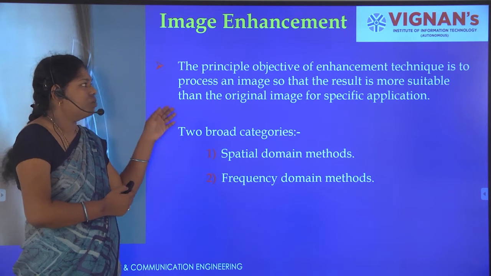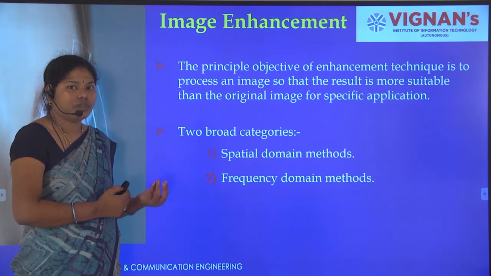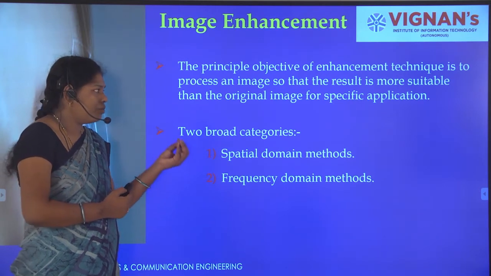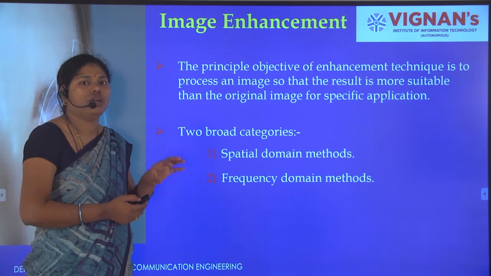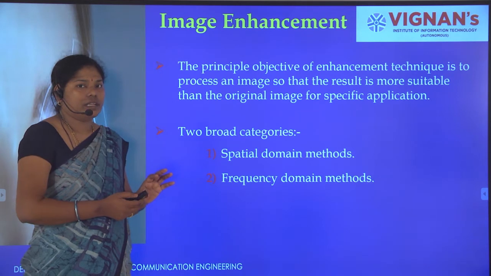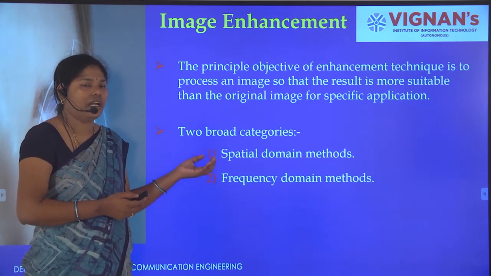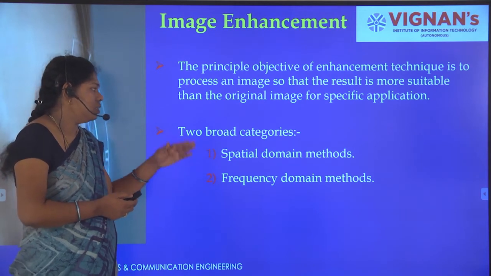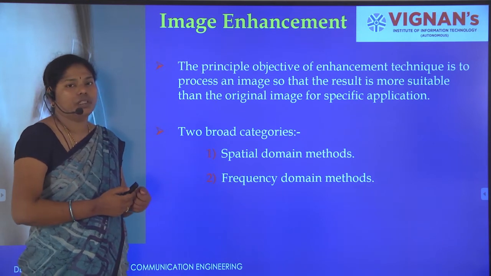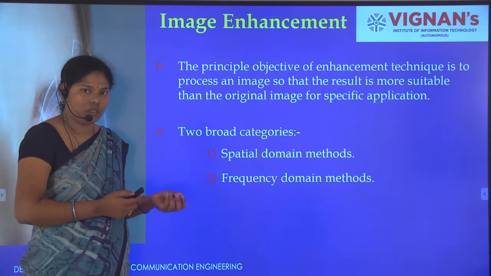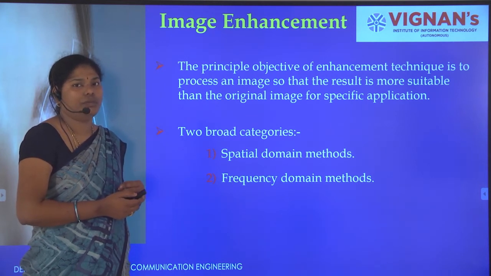Okay, what is the main objective of image enhancement? We have to enhance the representation of the image, and it is applicable for only limited applications, only particularly specific applications. For example, if you are going for X-ray images, this enhancement method is applicable and advantageous. Next, here there are two categories: spatial domain and frequency domain. In spatial domain we are processing directly on the pixels. In frequency domain we are processing on the Fourier transform of the pixels.